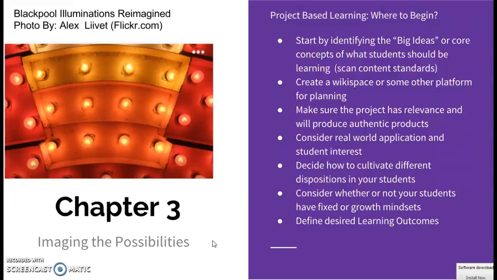One thing they mentioned for all the gathering of information as you're putting your project together is to create a wiki page. It's just a way to gather information and collect it, organize it as you're putting the project together. And it's a nice way to save all that information. So once you have your big idea and you've created this space for planning, the next thing is to ask